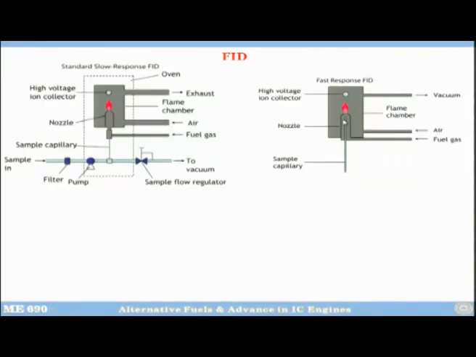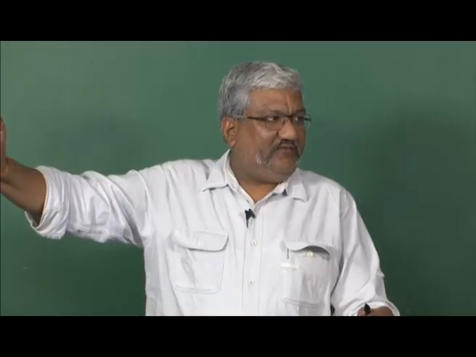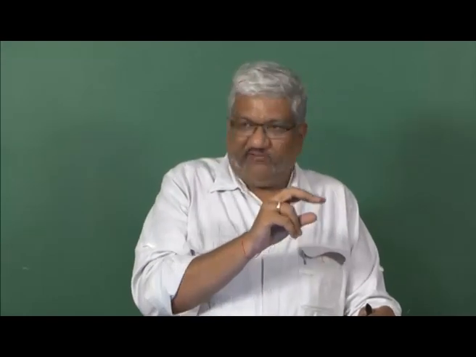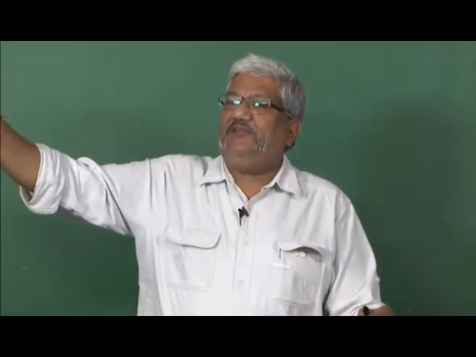Now here the sample capillary will bring the sample, you have fuel gas and air coming in, and then you have the flames here and the high voltage detector, and from there electrical signals travel very fast. So, they will take a long cable and take it to the processing unit. The difference between these two is that in one we are taking the sample quite a long distance, in the other one we are doing the sampling right at the point of measurement, and we are taking the signal a long distance.